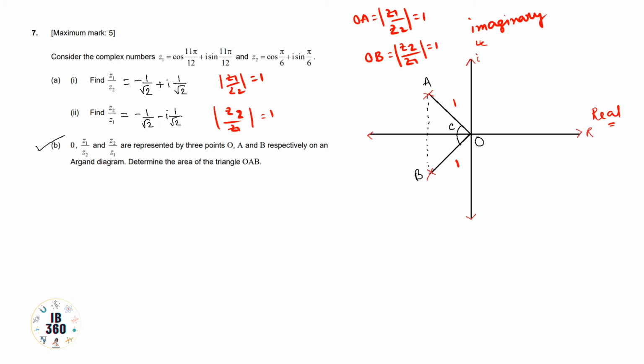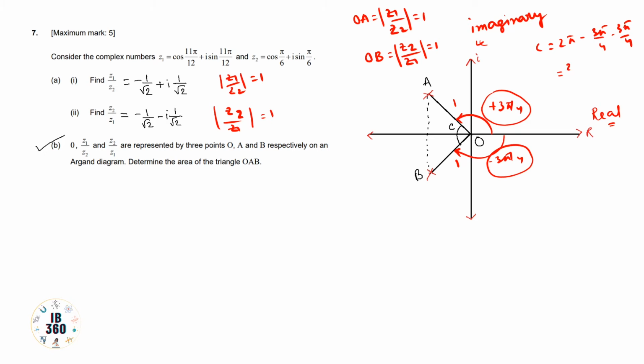Now for angle C, this complete angle is equal to plus 3π/4 and this complete angle is equal to minus 3π/4. If we see the angle notation, then C will be 2π − 3π/4 − 3π/4. Basically, how we are getting that: this complete quantity, that is 3π/4, and this complete quantity, that is 3π/4, will be deducted from 2π, that is the complete angle.